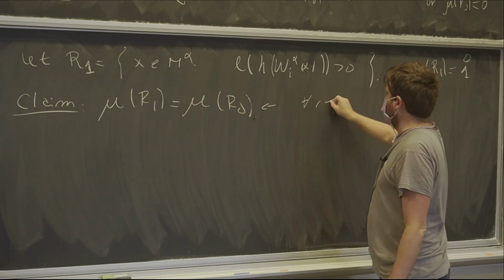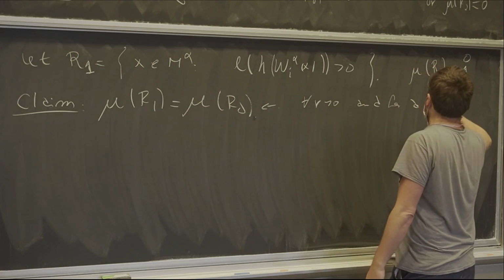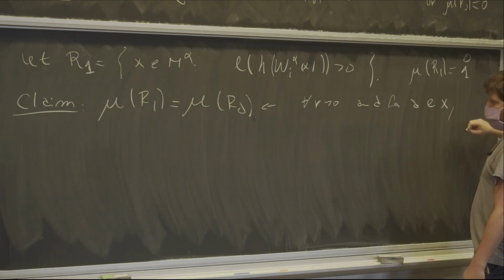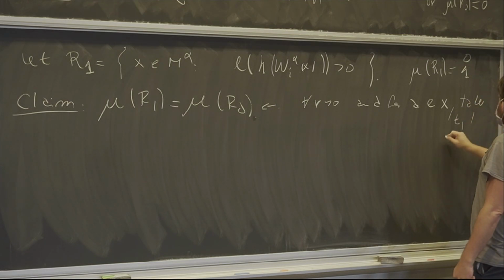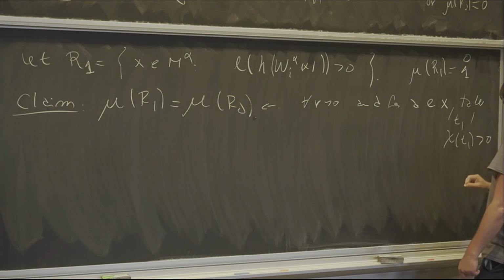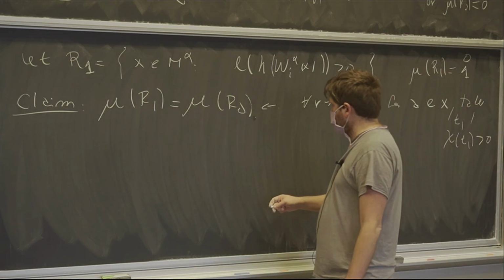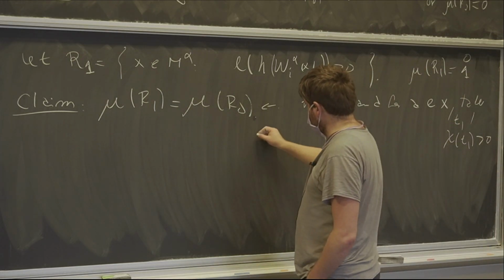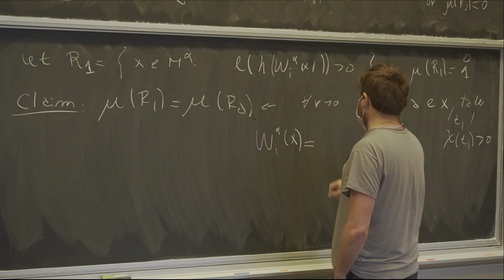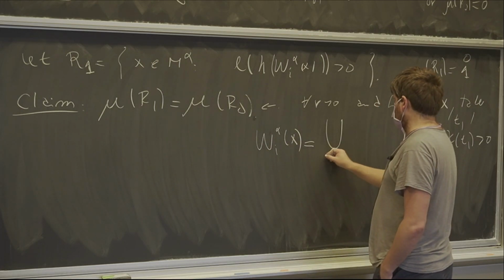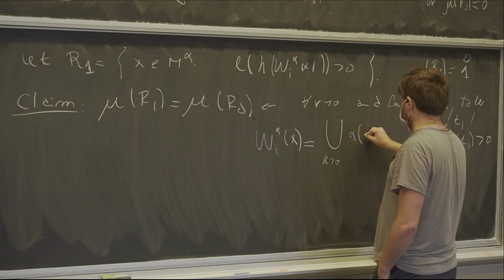For every R positive and for almost every X, take T1 such that chi of T1 is positive, so an element that expands this business, and we have that W is equal to the union with k positive of alpha k